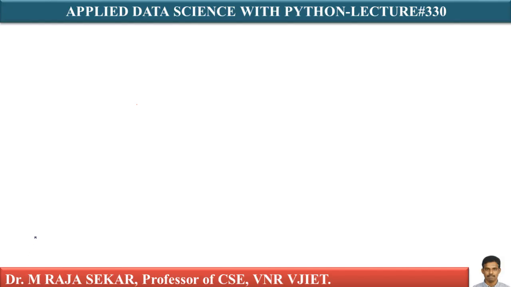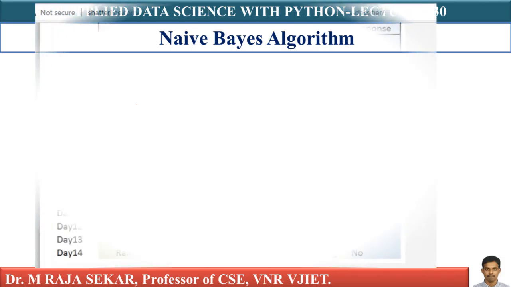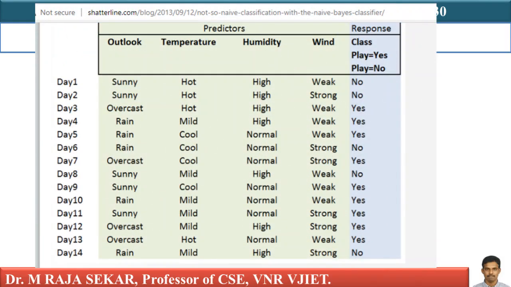In this lecture, I will continue my discussion on naive-Bayes classification algorithm. Since we learned the theory of naive-Bayes classification algorithm in my previous lecture, that is in lecture number 229, in this lecture we will try to apply that theory to a problem so that we can understand this naive-Bayes algorithm in a better manner. This might seem like a toy problem, but it is a very important problem.